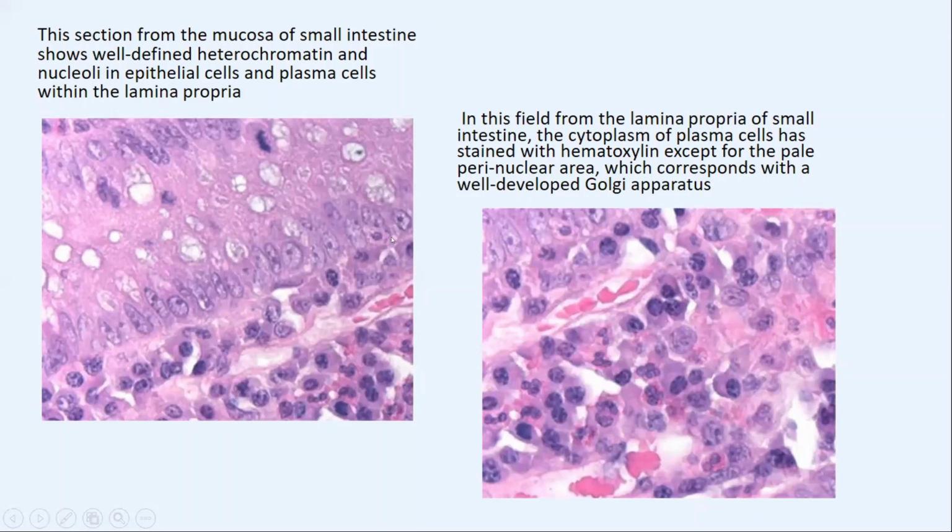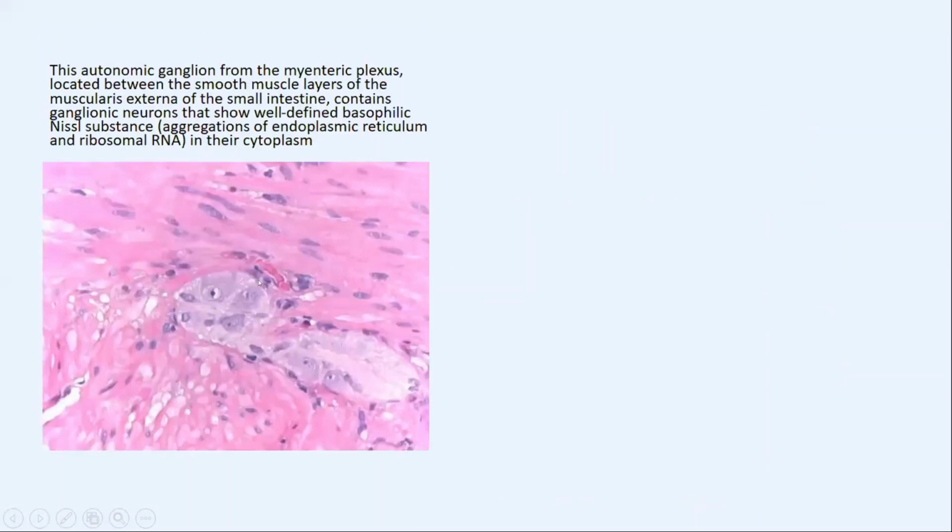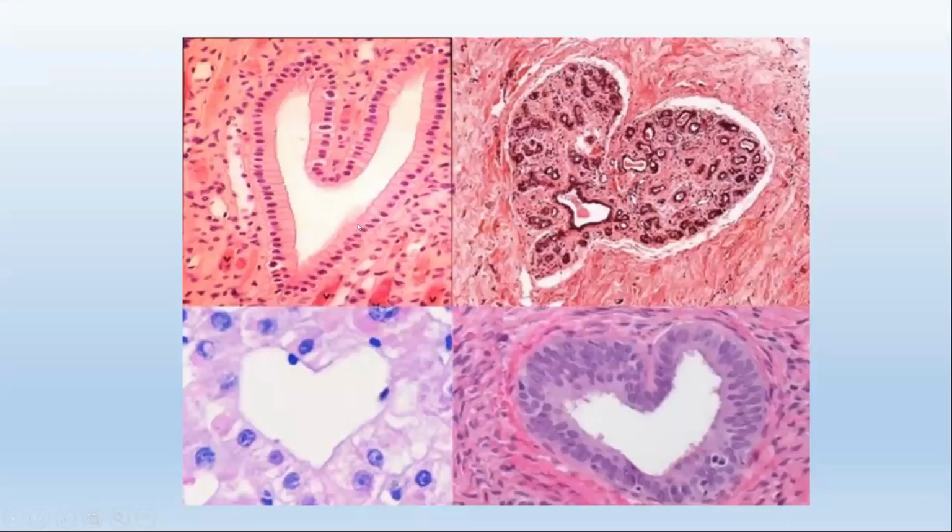Again, same as this. I can say that this is from your bowel. This is the muscle layer, spindle cells, and these are the ganglion cells. So this is the ganglion plexus in your muscularis propria. Again, these are what you get to see under the H&E. And this is a true picture.